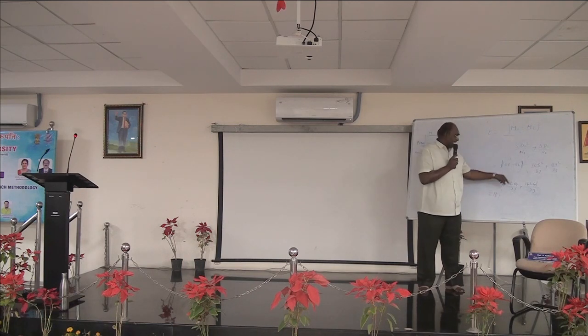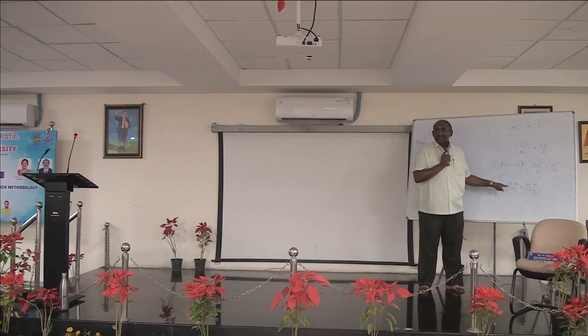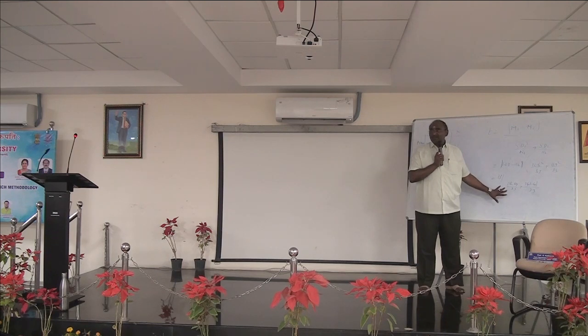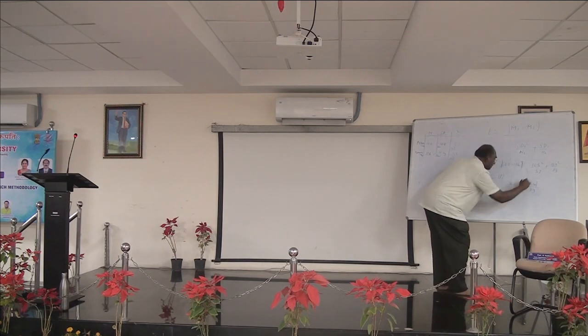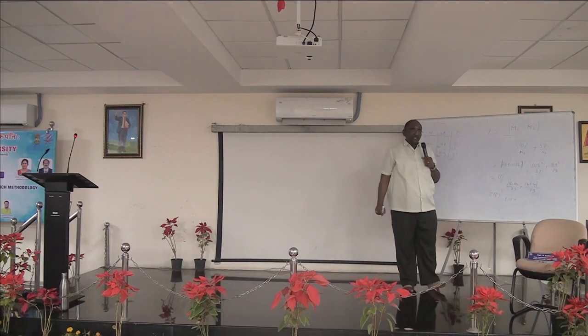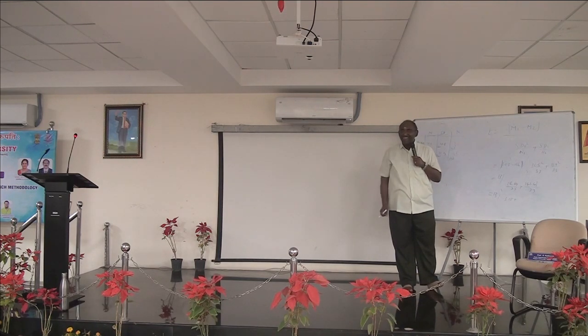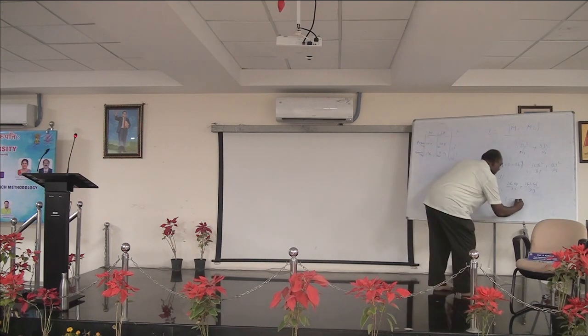I will do everything with the calculator and will write the final value. But for your understanding, for the first time you may be working it out. 3.15 plus 141.61 divided by 33. If something is wrong, it's because of you. I am not working it out. 4.29. Now tell me,